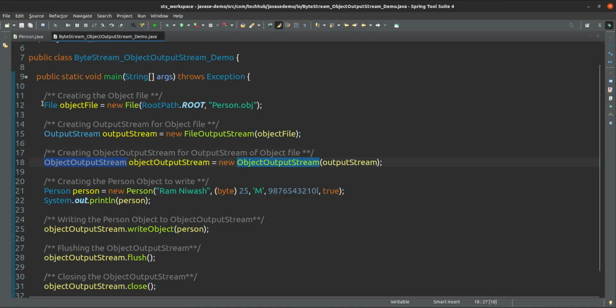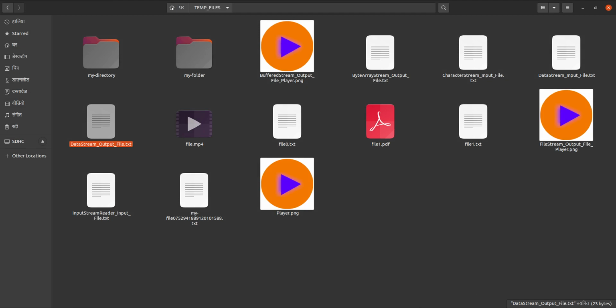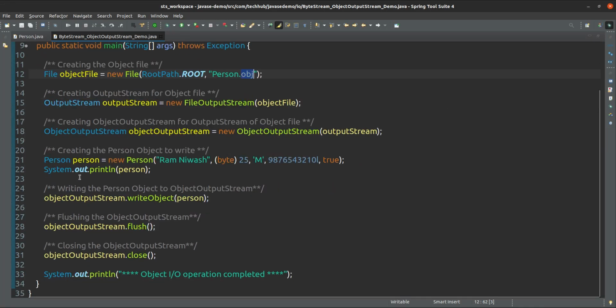I have created one file, person.obj. It's not available yet, it will be created. This Person's name is Ramnivas, the age is 25, gender is male, this is the mobile number, and verified is true.